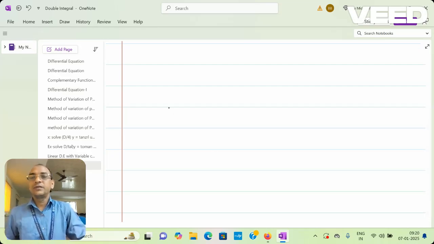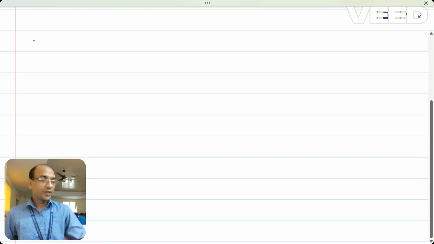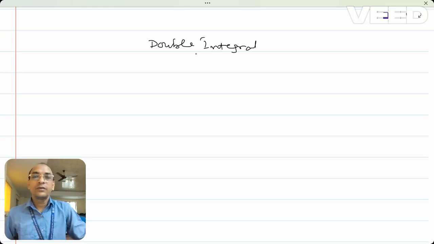In this class, I want to discuss the double integral. The double integral is of two types. We can evaluate a double integral under two conditions. So, what are those conditions? Those two conditions are: